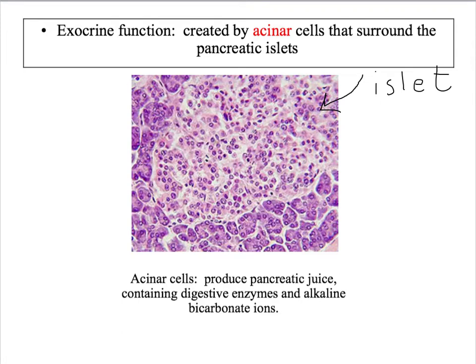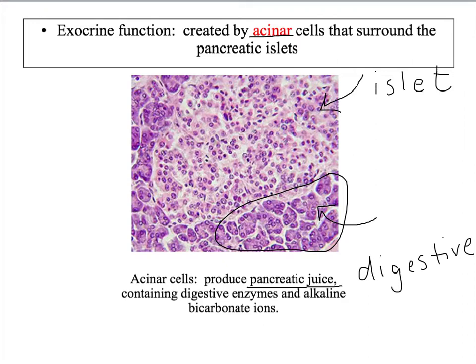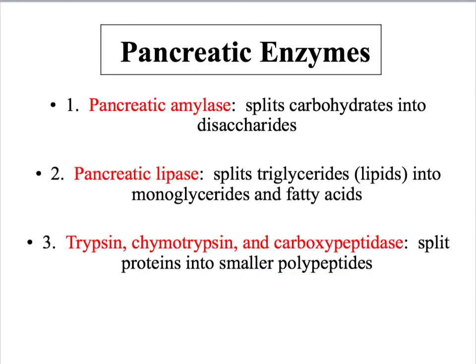But this next part that we're going to talk about with the pancreas is talking about these cells in purple here, and these are called the acinar cells. And the acinar cells are involved in producing this substance called pancreatic juice. Pancreatic juice, again, is giving the pancreas its digestive function. So the pancreas is really important to digestion because it produces 5 different pancreatic enzymes that help you digest your